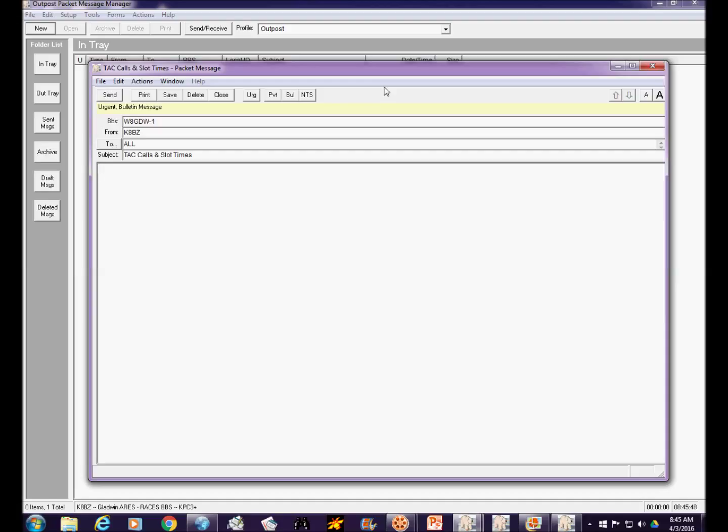So every operational period has a communications plan overall for all of the responders. Amateur radio can be a part of that, and the amateur radio representative to the communications unit leader needs to coordinate with that person to get those slot times. And it doesn't matter if you're using packet or what you're using, voice networks or anything else. Everybody needs to know what the communications plan is and where they fit into that communications plan for that operational period. But let's say the amateur radio representative to the communications unit leader is saying